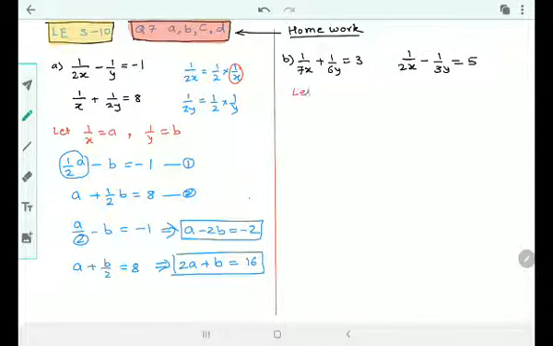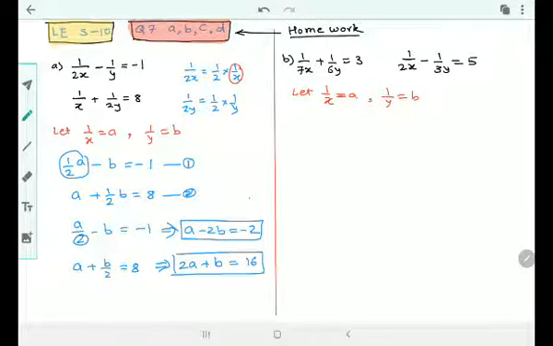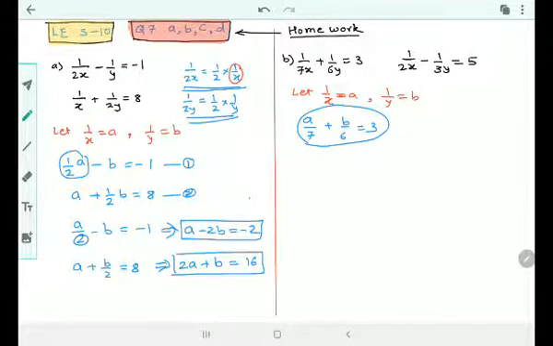Let us take 1 upon x is equal to a and 1 upon y is equal to b. Right? So what will happen to this? So let us see. Can you guess what this is going to be? a by 7 plus b by 6 is equal to 3. If you did not understand how this has come, you can split it in this manner. Here it is mentioned, and find out. Okay? So let's go for it.